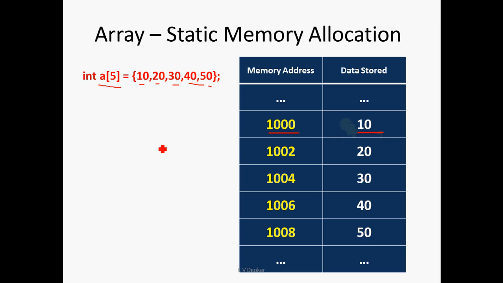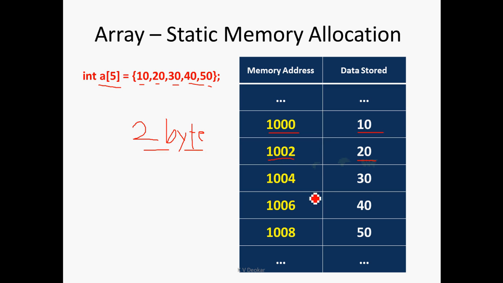So if the size of an integer is 2 bytes in a 16-bit compiler, then 1000 and 1001, these two memory locations which combine to 2 bytes, will be allocated for the first integer, which is 10. The next location after these 2 bytes is 1002, which will be used to store the second